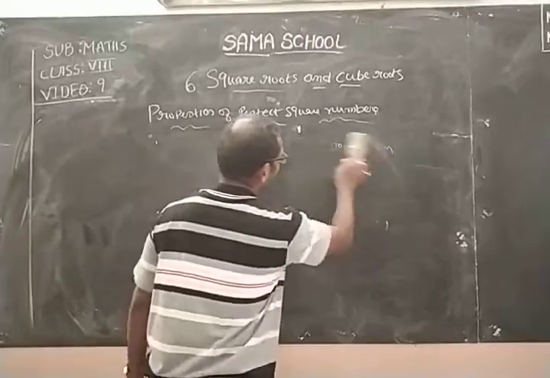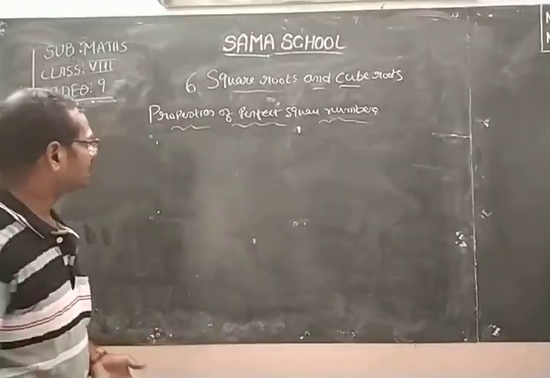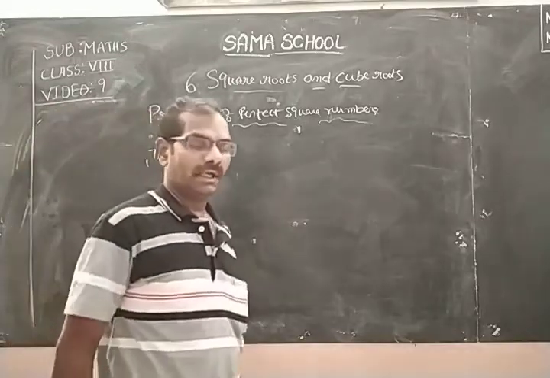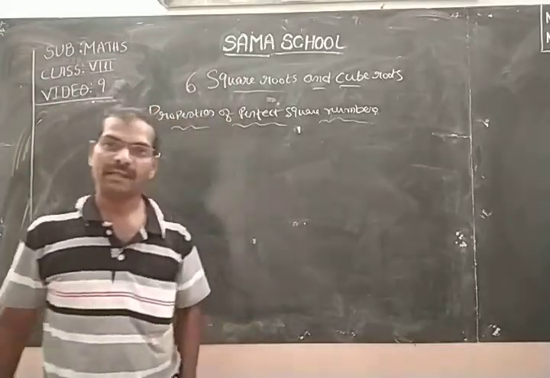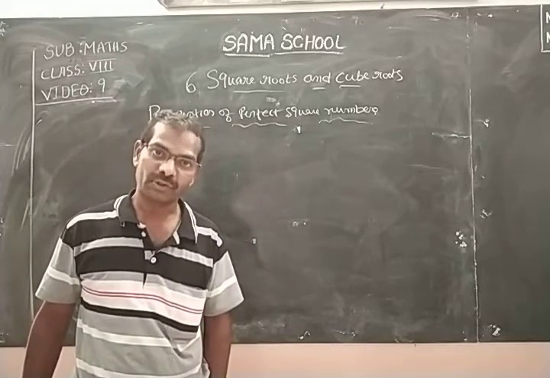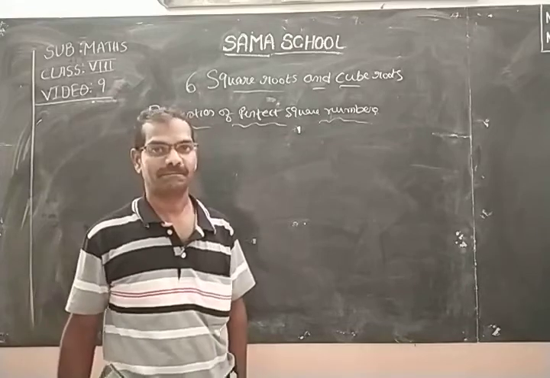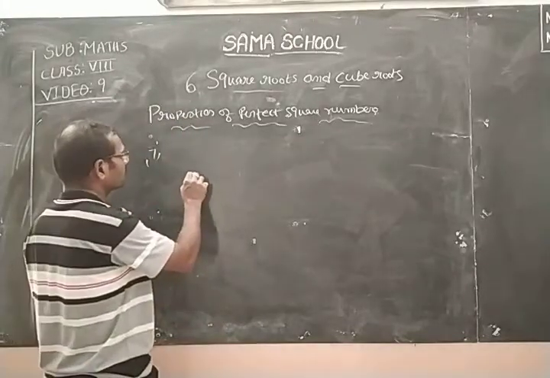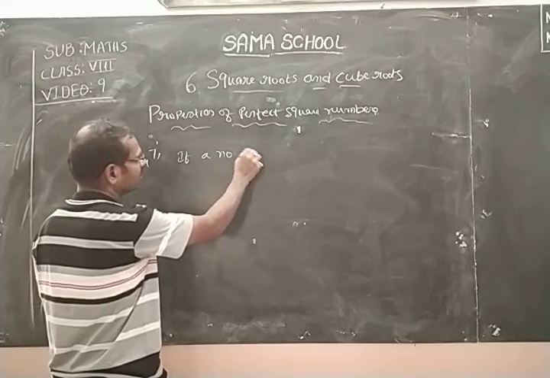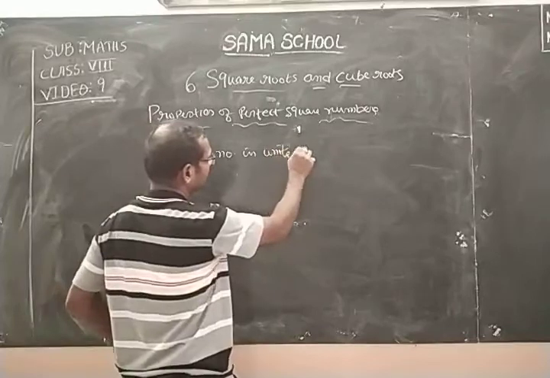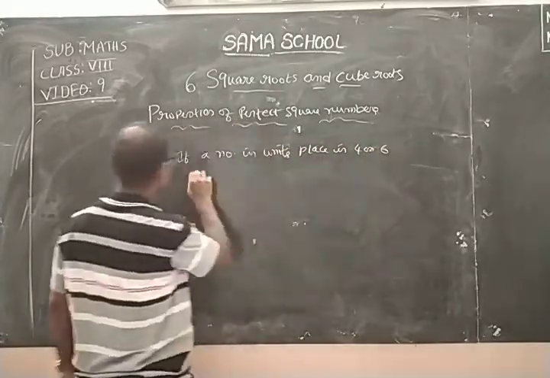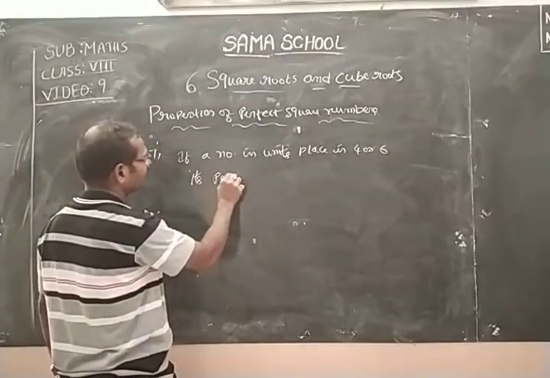Now the 5th point is completed, the 6th point is completed, let us see the 7th point. The 7th point is: if a number in the unit place is 4 or 6, its square number's unit place must be 6. Suppose if a number's units place is 4 or 6, its perfect square number